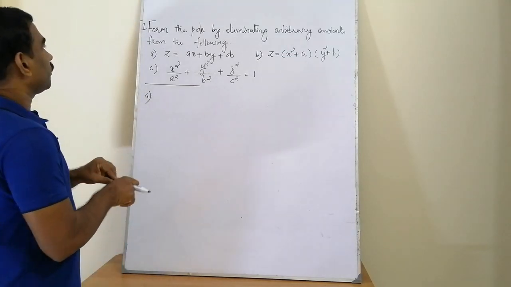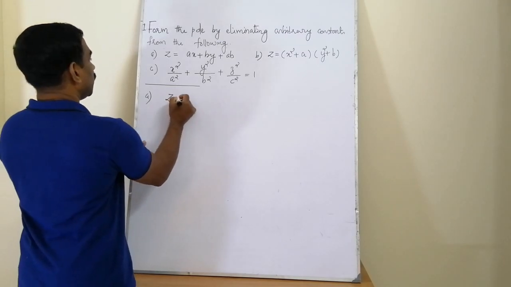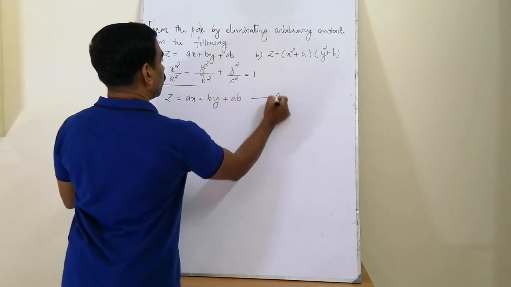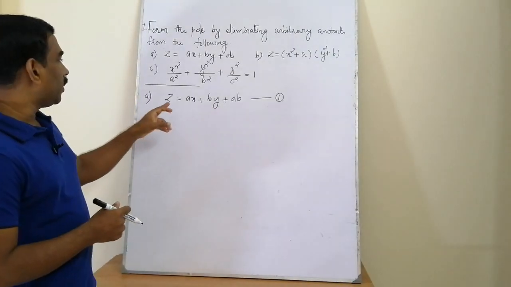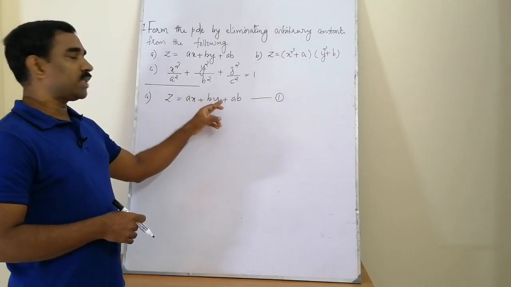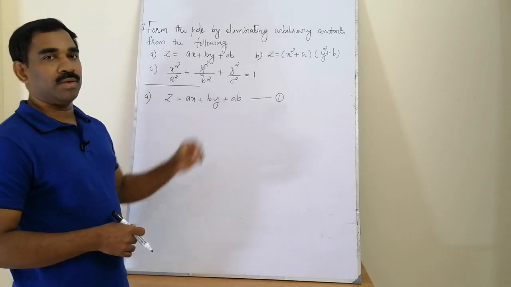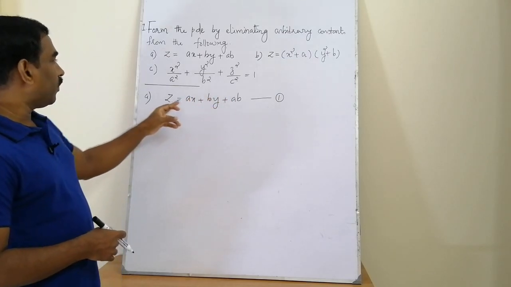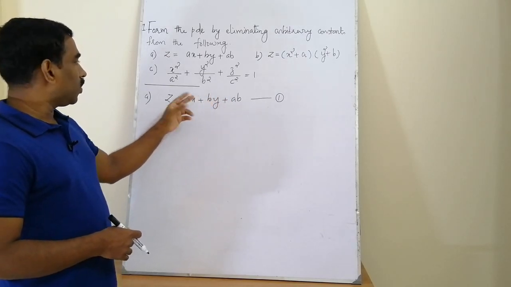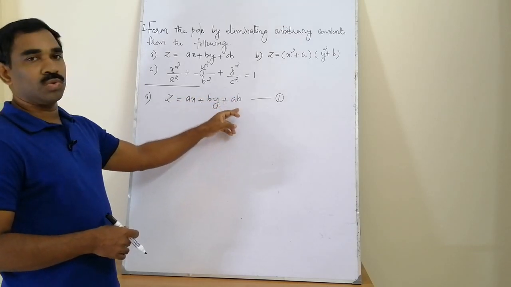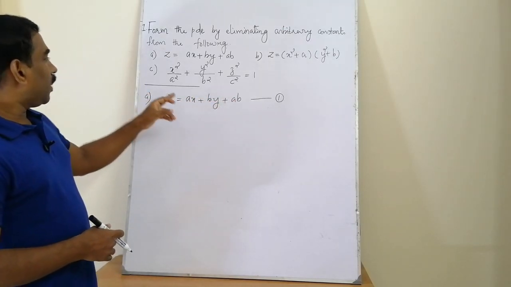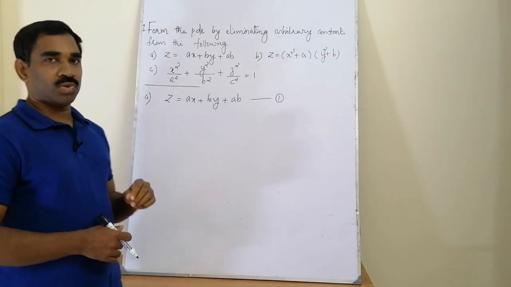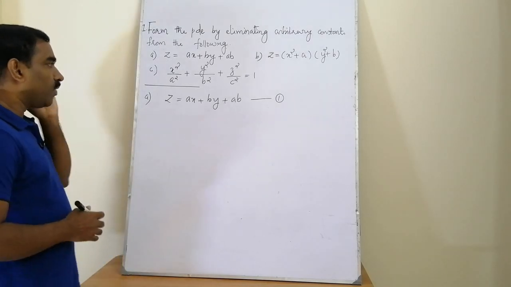Take the first part. So we have the given relation as z is equal to ax plus by plus ab. We call it equation number 1. So it is a functional relation between the dependent variable z, independent variables x and y, and the arbitrary constants a and b. See the relationship between the number of independent variables and the number of arbitrary constants. Here what are the independent variables? x and y are independent variables, and we have two independent variables and the number of arbitrary constants is 2. And we know the result: if the number of independent variables is equal to the number of arbitrary constants, the process of elimination will result in a first order partial differential equation. Let us see what happens.